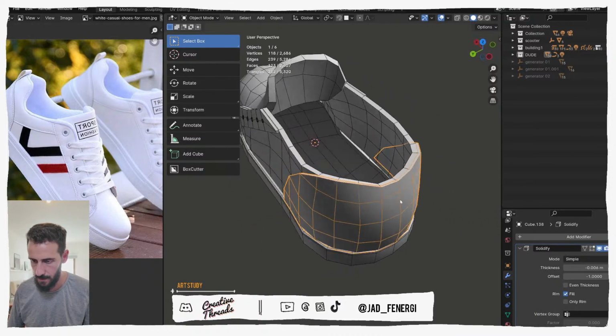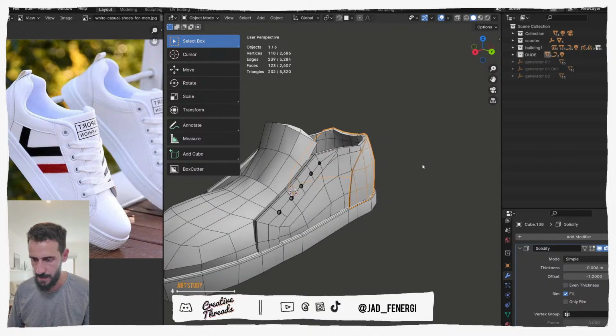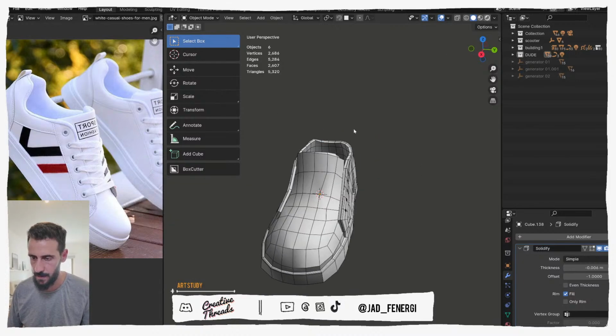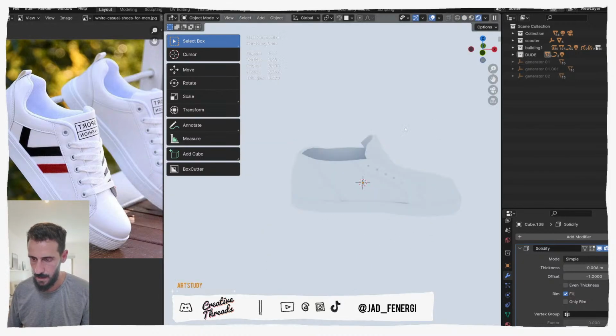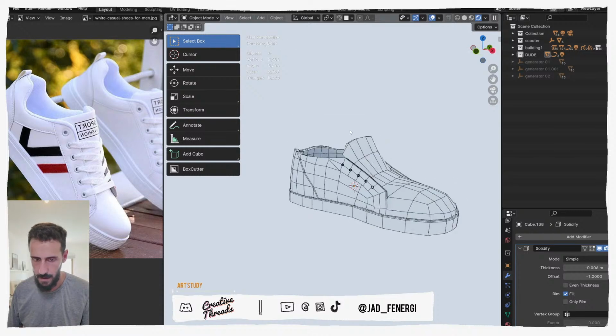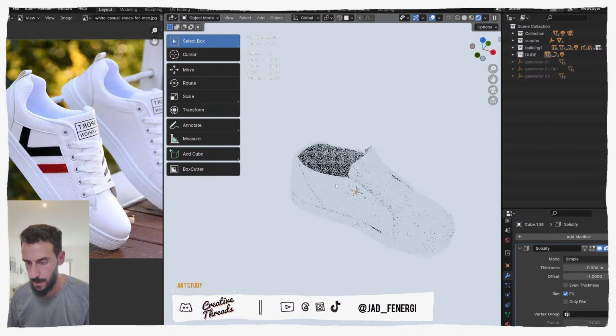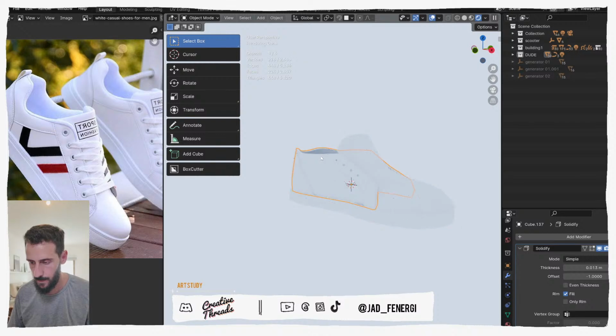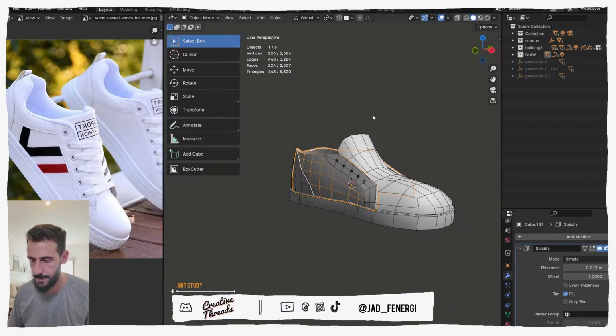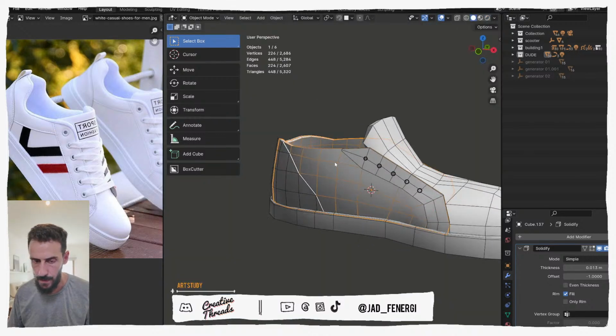Okay, it's looking fine. The topology is messed up, but it's fine. And finally, we can do the last piece, which is